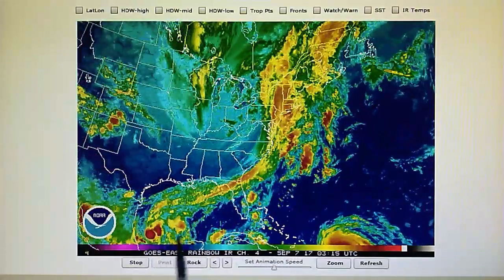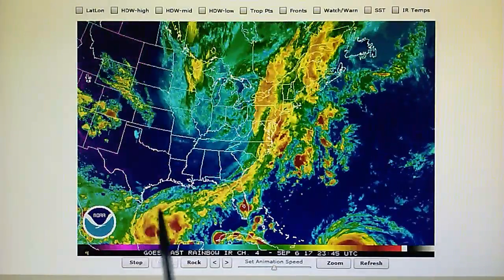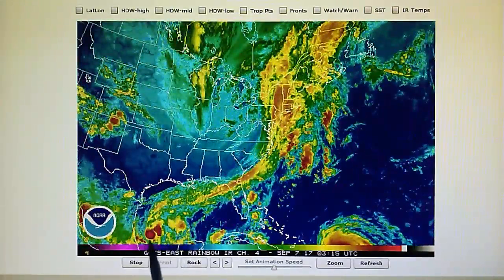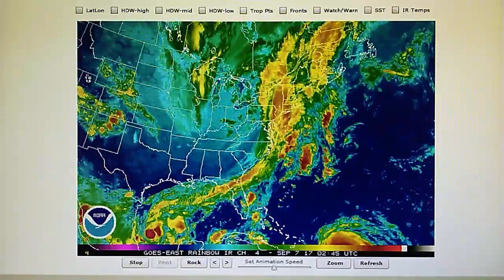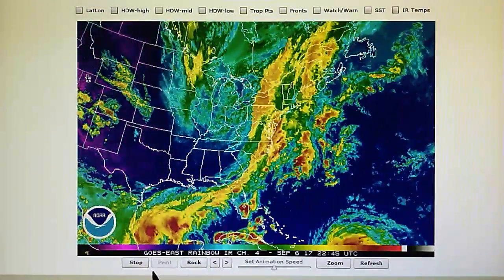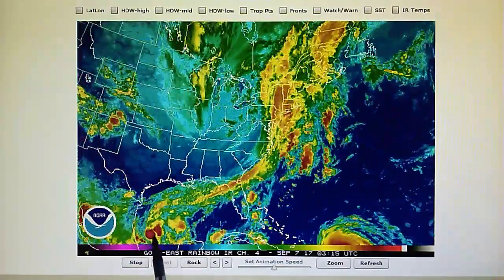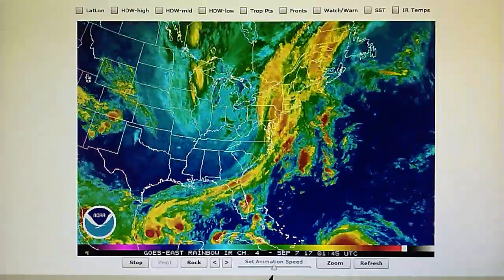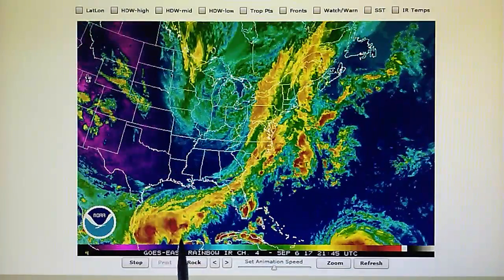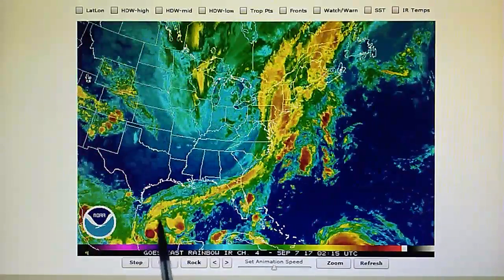But based on what we're seeing here, it looks like these weather controllers are doing some drastic measures to wipe this storm out. We can see all that evaporation occurring right there. We've seen many hurricanes in the East Pacific with these characteristics. There is a variety of techniques being used besides the superheating, the pinpoint superheating process, and just installing high pressure adjacent to a storm. They can install high pressure right on top of a storm, and I think that's what's happening right here because of the incredible amount of diminishment in this